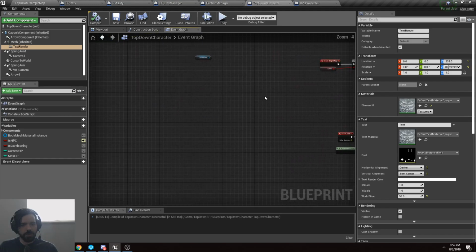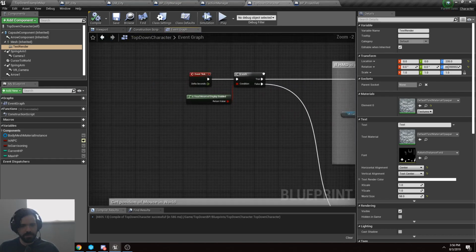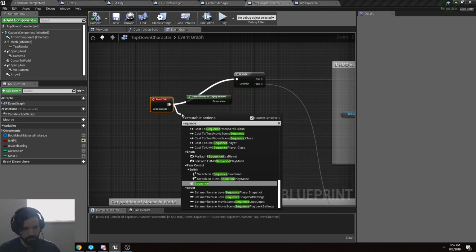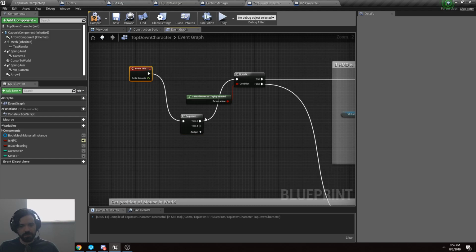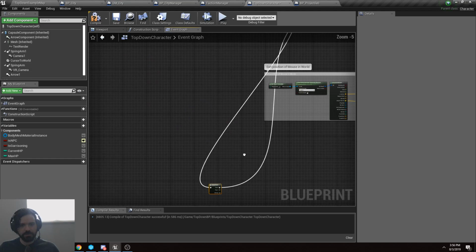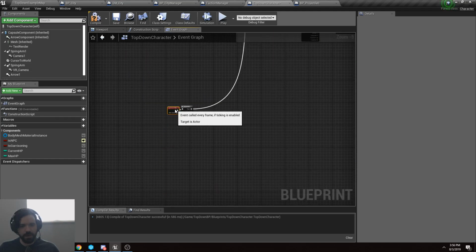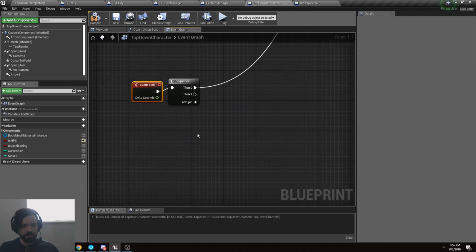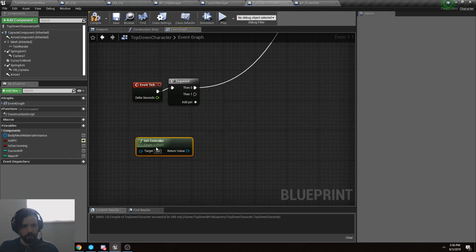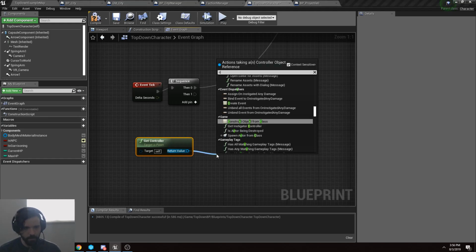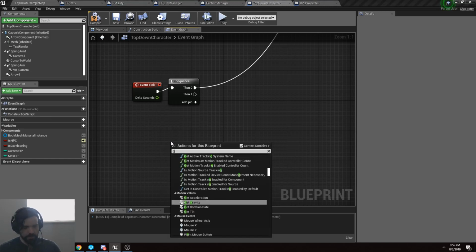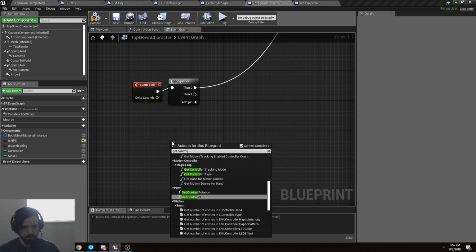And we can do that by going to our event tick. We're just going to do a little sequence node here, just so it keeps stuff organized. I don't want people to get too distracted by what's going on over there, so we're just going to come down here. But just a reminder, this is all coming off of our event tick. So every event tick, we're going to say get controller 0, get the first player controller. We're going to cast the pawn that, oh, wait, no, not controller, get controller by